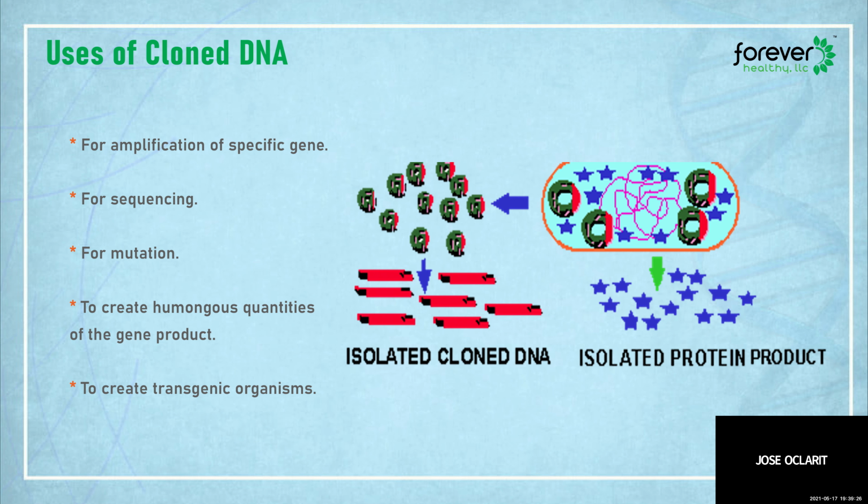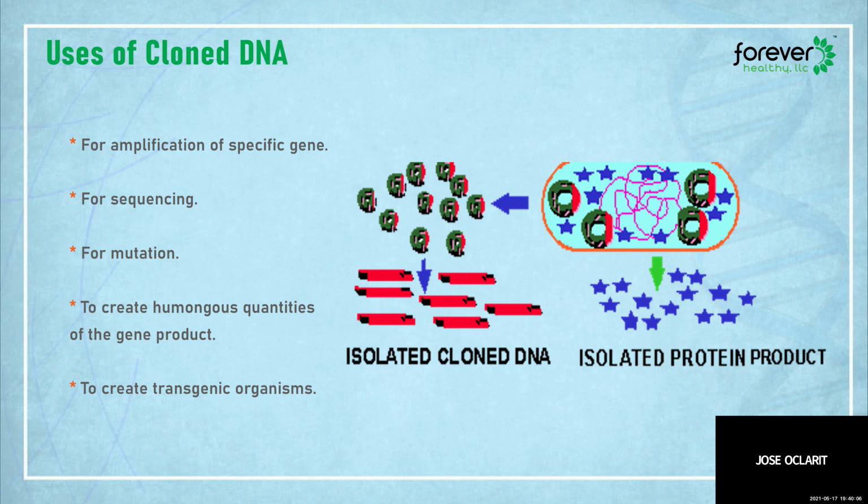What are the uses of the clone DNA? Number one, the number one purpose of cloning is to multiply the gene of interest. So if you have only one copy of the gene, you insert that copy to the plasmid, you insert the plasmid to the host, the plasmid will be multiplied, and as the plasmid is multiplied, your gene is also multiplied. So one purpose of plasmid amplification, one purpose of cloning, is to multiply the DNA into several copies.